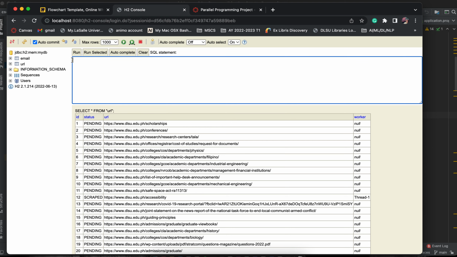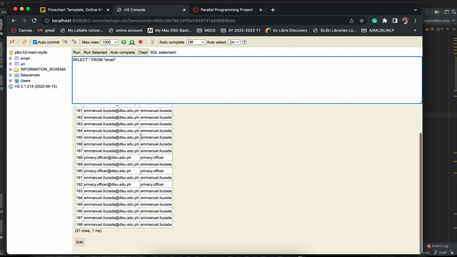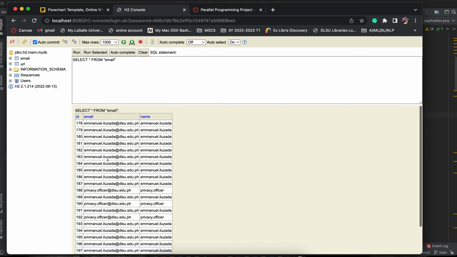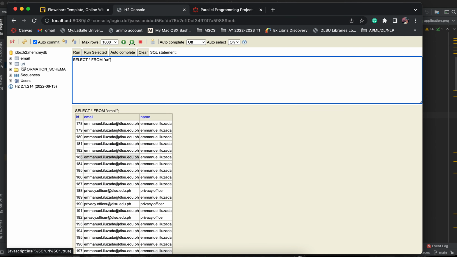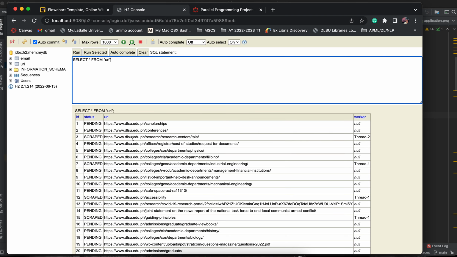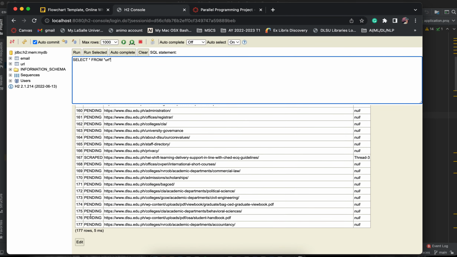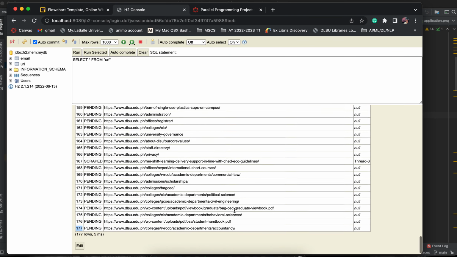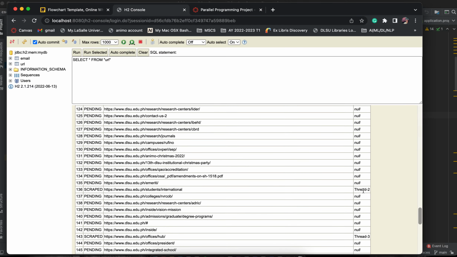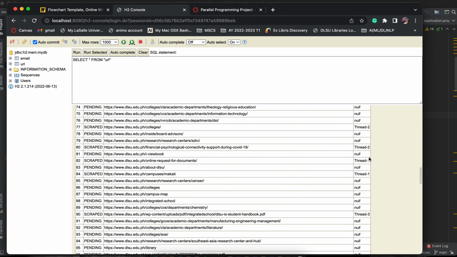Now let's try looking at what are the currently scraped emails. So you'll see here there's a repeating Manuel Iluzada. Apparently, this email is appearing in different pages of the website for some reason. So let's try again. We are expecting that since there were 177 found links in the website, and we are only running 2 or 3 threads, maximum 3 threads,